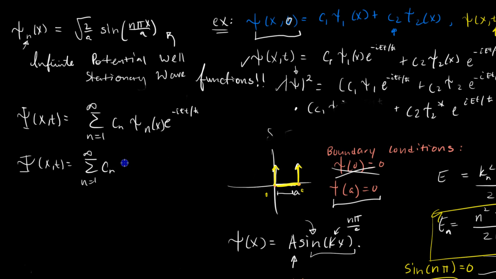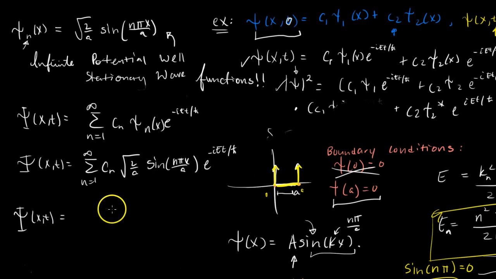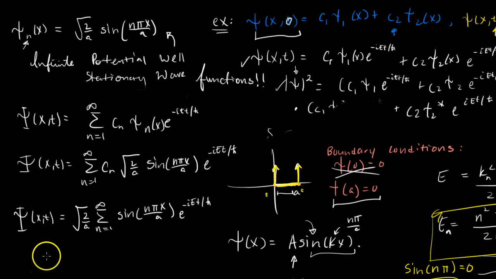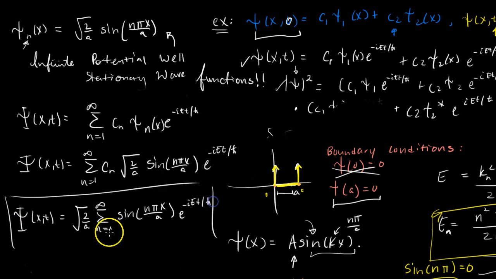It's just radical 2 over a times sine of n pi x over a times e to the negative i E t over h bar. Let's clean this up a little bit. We can pull the radical 2 over a out of the sum because it's just a constant. So we get the sum from 1 to infinity of sine of n pi x over a times e to the negative i E t over h bar. And this is our